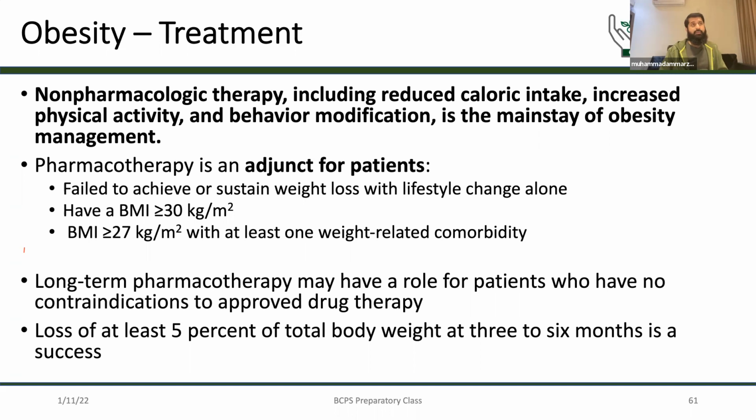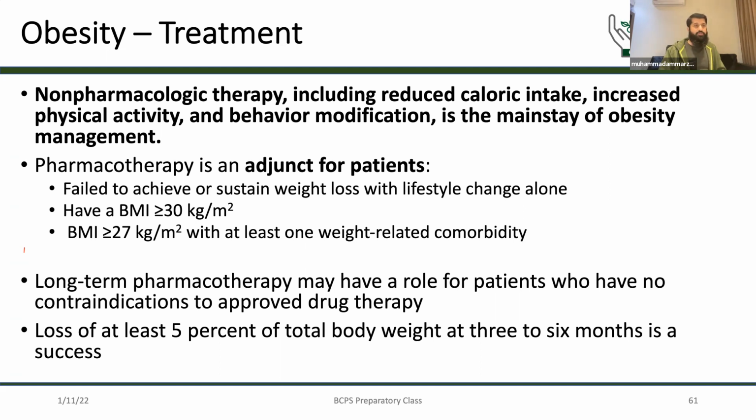Long-term pharmacotherapy of obesity has a role for patients who have no contraindications to approved therapy. Otherwise, if there are contraindications, long-term pharmacotherapy is not recommended and not studied well. All the pharmacotherapies which I'm going to tell you are not studied for chronic periods of time in